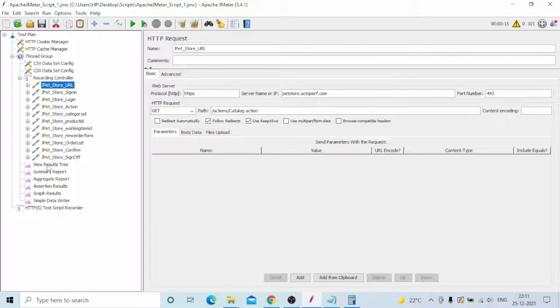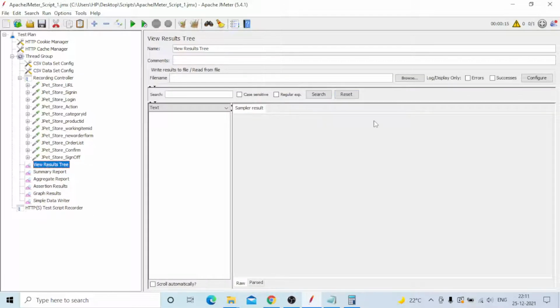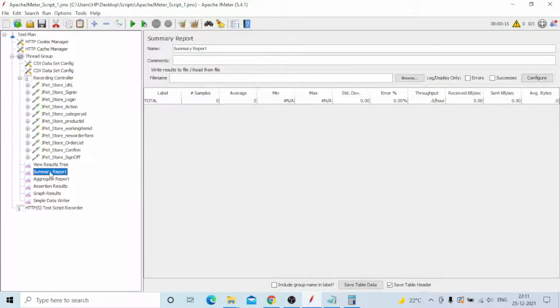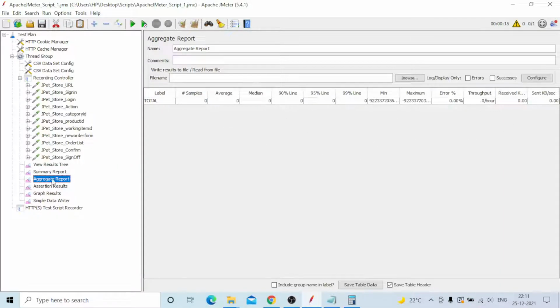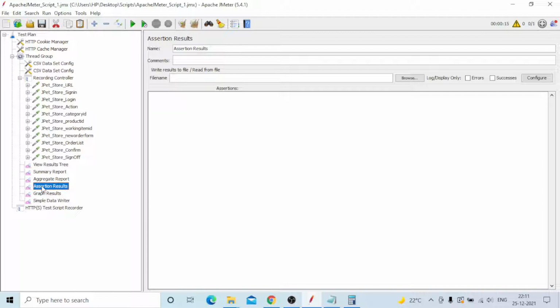After the thread group, you select the listeners. View Results Tree, which everyone knows, you need to check the results. The summary report is a general report that provides all the details, and it is very important. The aggregate report is almost the same, with a little change. Assertion results come in text format, showing success and failure and what the errors are, directly in this place.